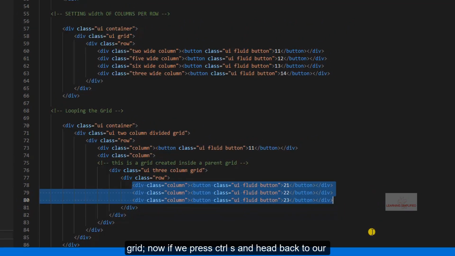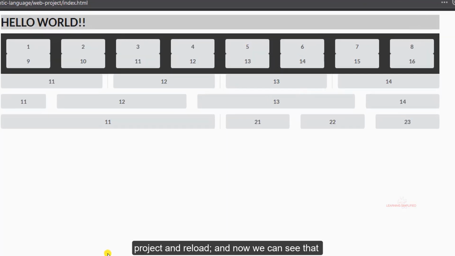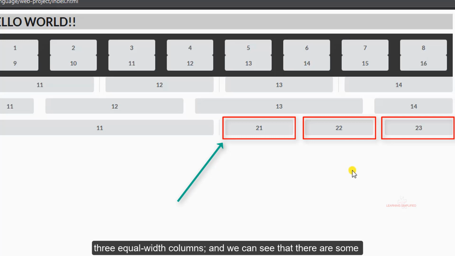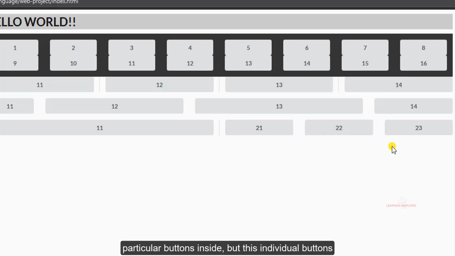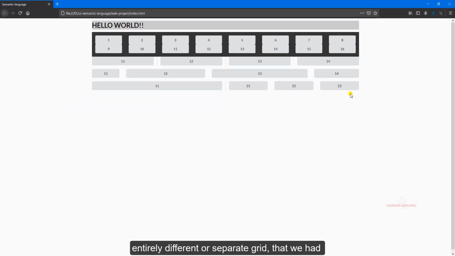Now if we press Ctrl S, head back to our project and reload, we can see that the second grid is divided into three equal width columns, and there are some buttons inside, but these individual button elements have been created in an entirely different, separate grid that we had looped inside a main grid right over here.